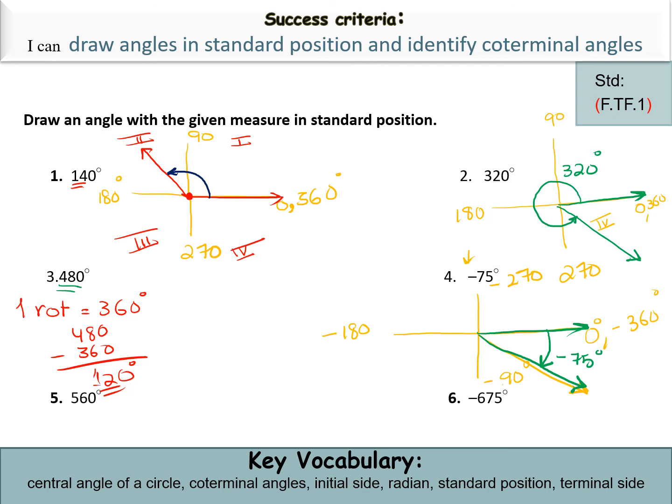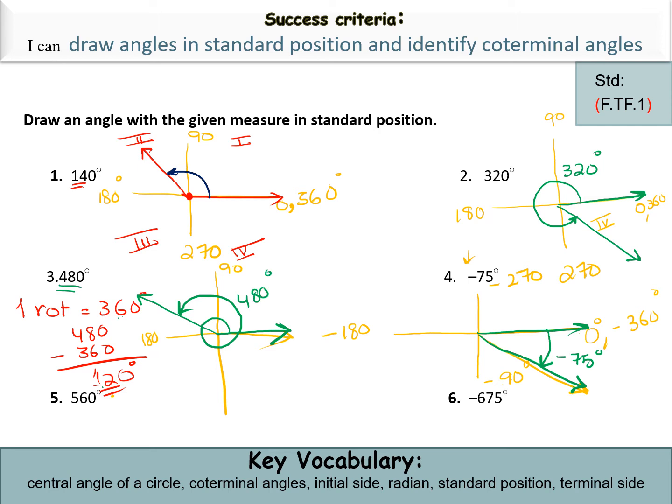So how can we show this one? Our 120 degrees is, of course, in the second quadrant, because here we have 180 and here we have 90 degrees. Now, our initial arm stays at the same place, and we have to move 120 degrees only. So this is your 120 degrees. But in 120 degrees, you rotated one more time, because 360 is one revolution. So first of all, you will show 360, come back till the 120 degrees. Now this gives you 480 degrees.